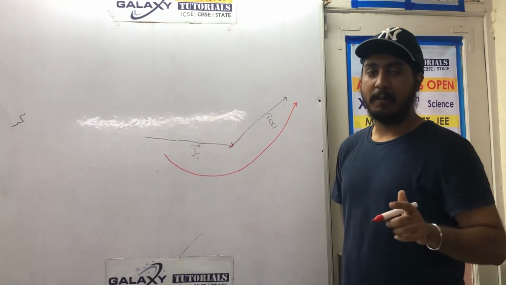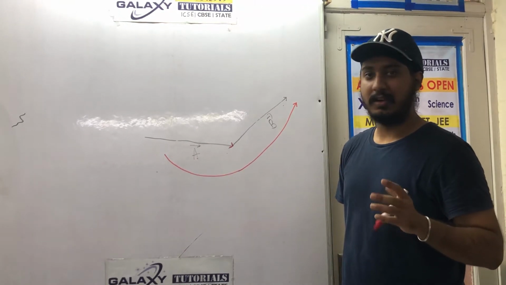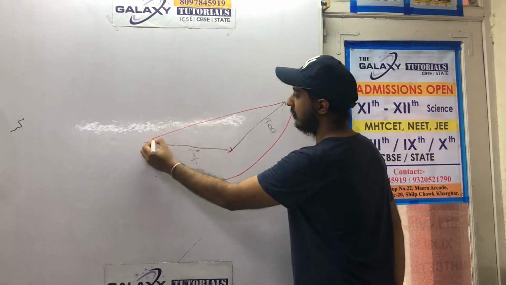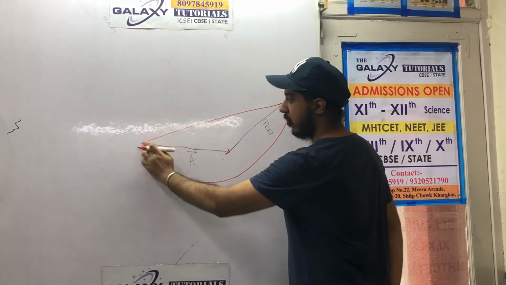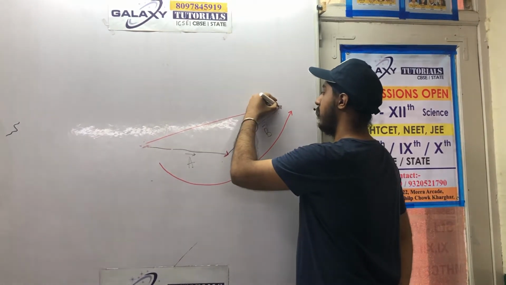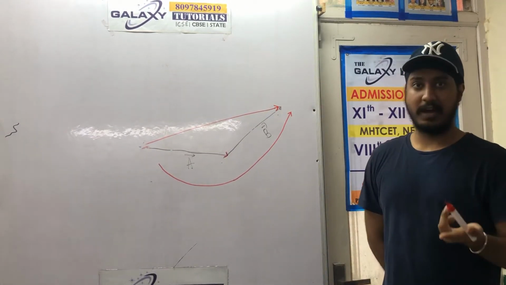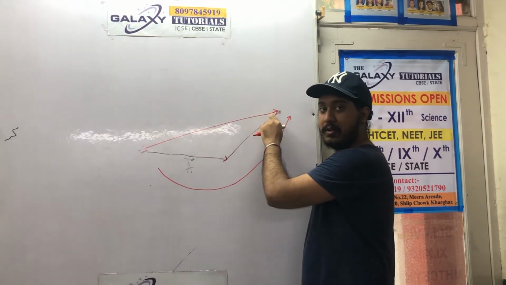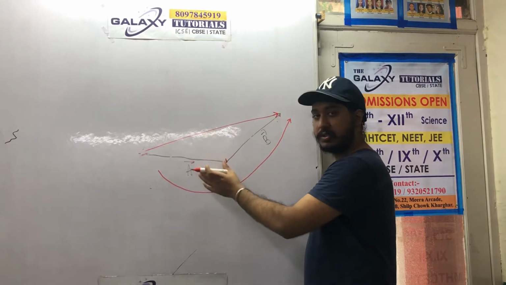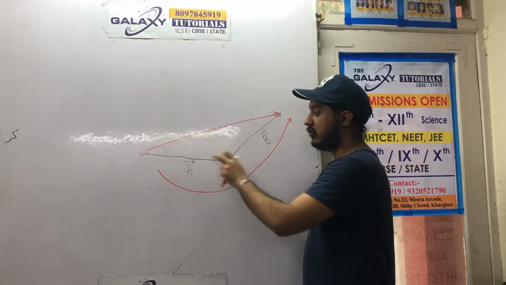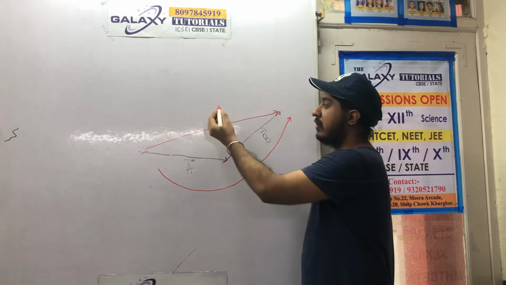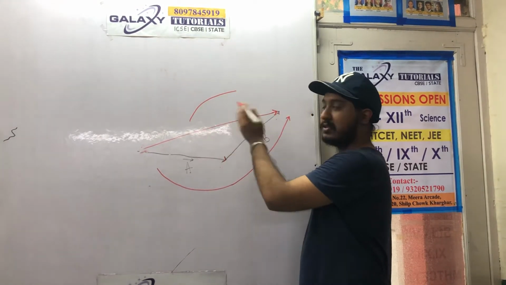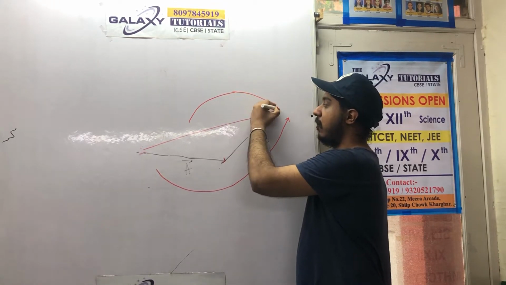I already told you, but the important thing here is the direction. In which direction will the third vector lie? Because you can see that the direction can be like this also, or it can be like this also. So which direction will it lie? We will see that in detail. The answer is that the direction will be this one. The direction will always be the opposite of the direction in which these two vectors are trying to rotate. So if you see this direction, the arrow is on this side, so it will be trying to rotate clockwise.